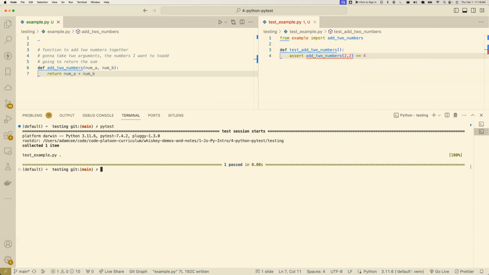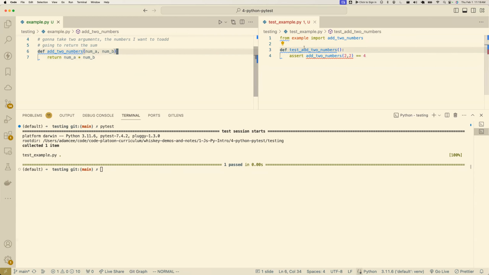And now we have a passing test, right? What if I made a mistake? What if instead of plus, I did A times B? My test still passes. Anyone have any thoughts, following the philosophy of test-driven development? If we've gotten this far, what should I do next? Should implement a test where the product of the two numbers is not the same as the sum of the